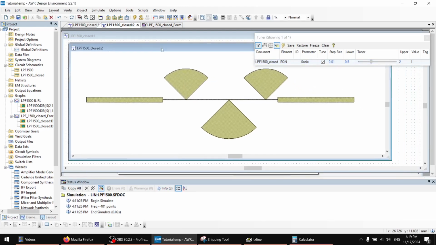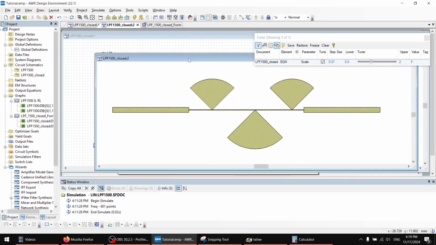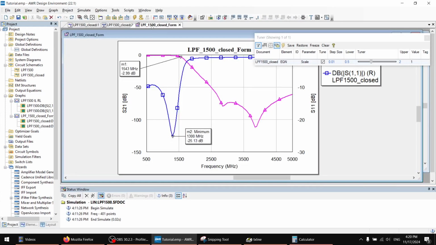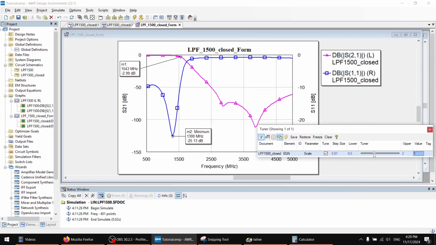Now, one thing we have to pay attention to when we start the EM simulation is that the EM simulation cares about the position of these components. If I were to change, for example, the length of these traces and they would disconnect this radial stub, my schematic would not be correct. Then I would have to press Ctrl A to select all, snap them all, and generate the simulation again. But because the closed form doesn't care about this representation, it cares only about the values on the schematics, we are good to go. So this is the view of our plot from the previous video, and if I move this,